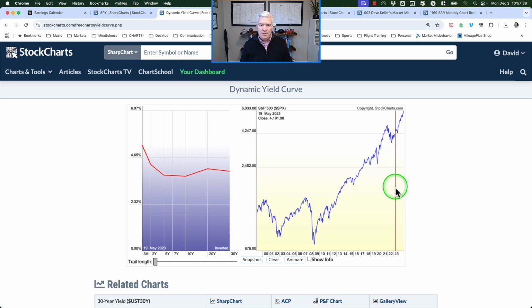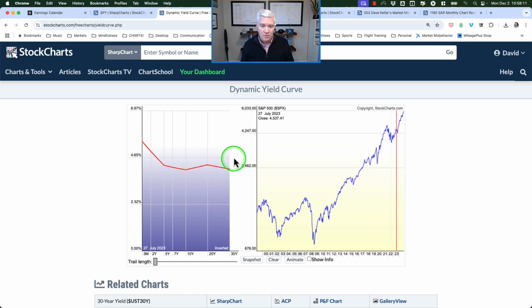If you look at what happened back in this period, it really went inverted in 2022 because all of a sudden bond investors got a little concerned about future economic growth. And we can see that the Fed was raising rates in the short term. Again, that's off the left edge, but this 3-month rate is pretty close to that Fed target rate. So all of a sudden we have this inverted rate, and the long end of the curve is much lower than the short end. That inverted yield curve represents pessimism about future economic growth,